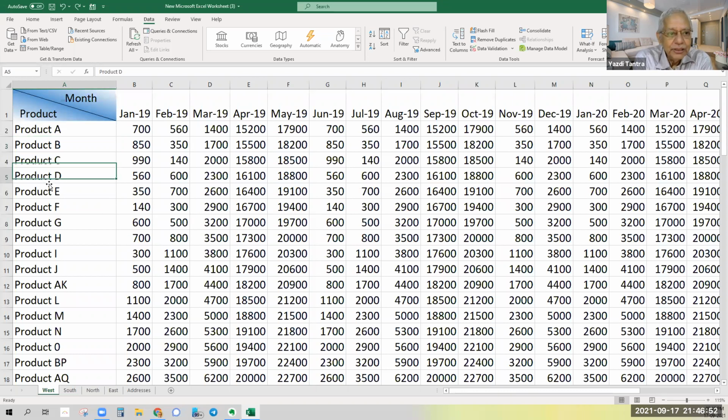Now you will tell me that earlier you showed us all the long cuts. Now you're showing the shortcuts. You should have shown the shortcuts on day one only. But unless we have the concept clear, it doesn't make sense to learn these shortcuts. Right?